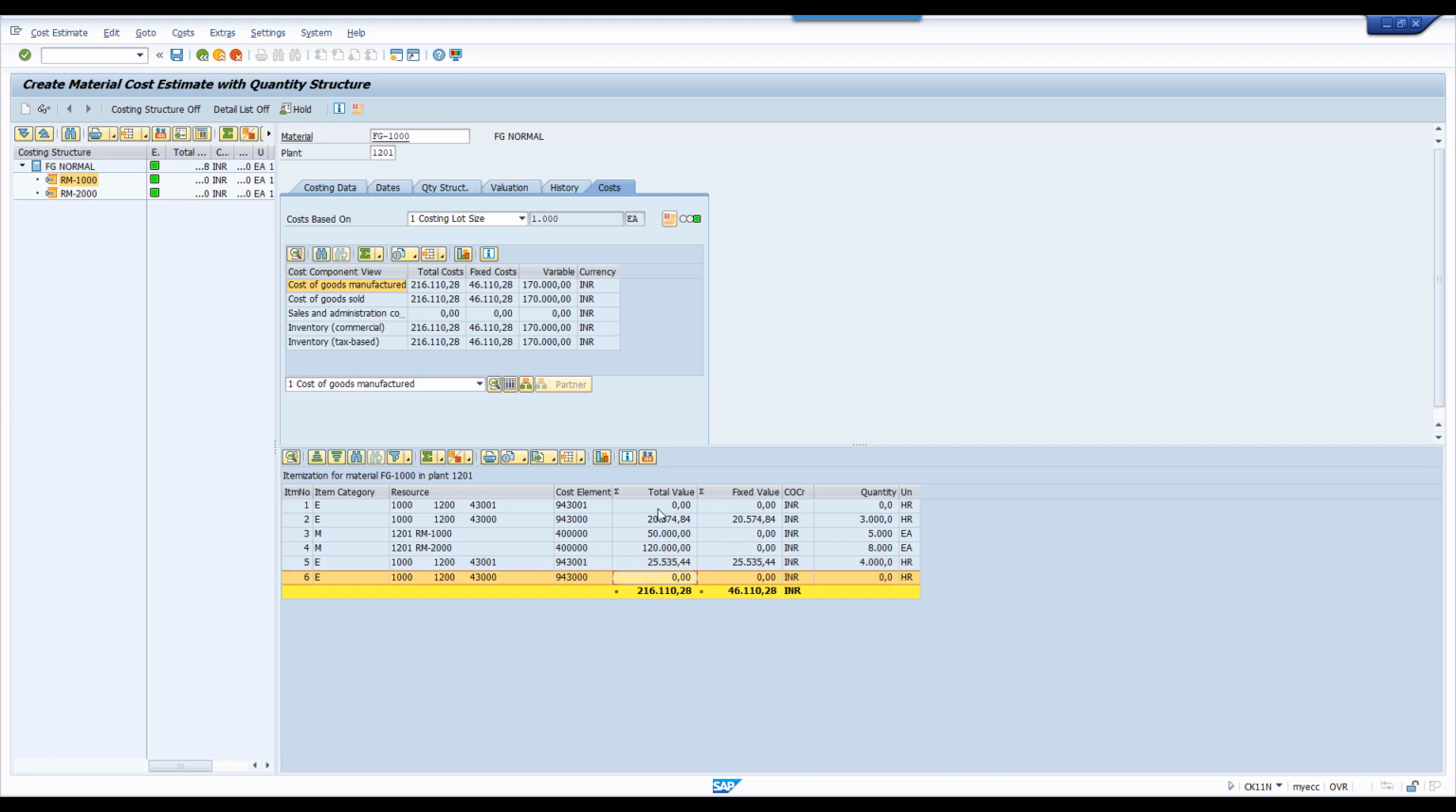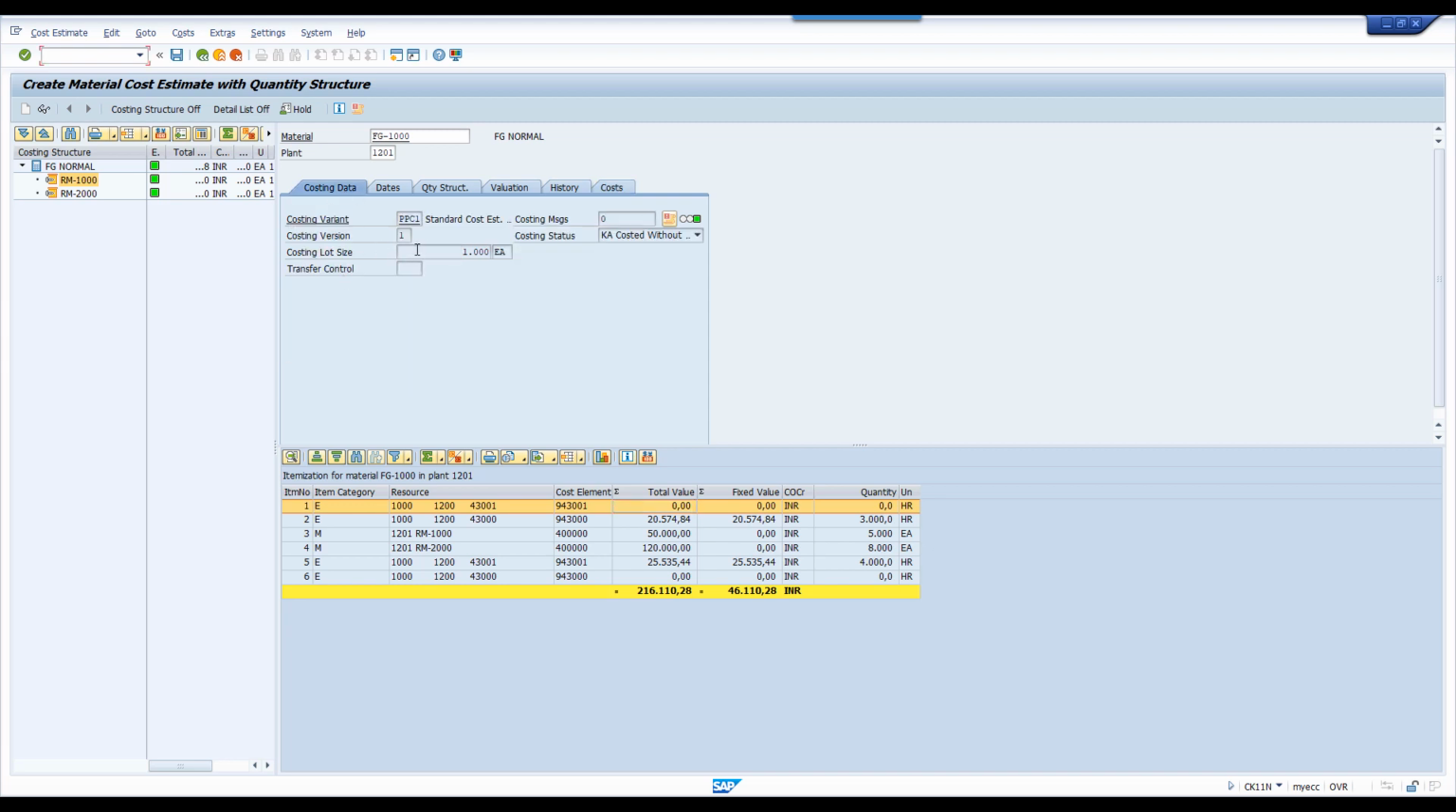Here we have 0, here we have 0. We will see that. Coming to this tab, costing data, here you are going to find your PPC1 variant and costing version, and this is KA. Maybe you can get a question in interview. KA, what is the KA status? Costed without errors. And coming to dates, this is coming from date controls. Whatever the dates you are mentioning at the time of executing this, these are the dates, and period 1 and